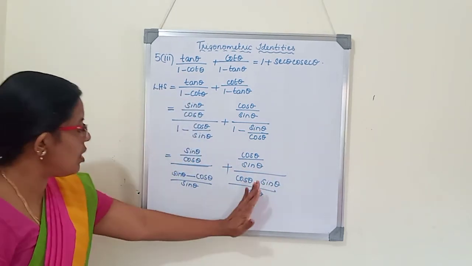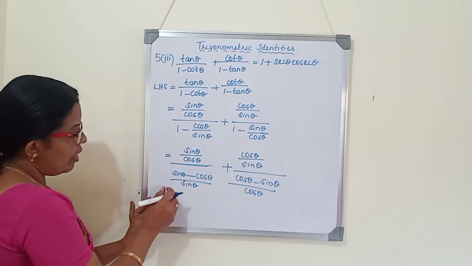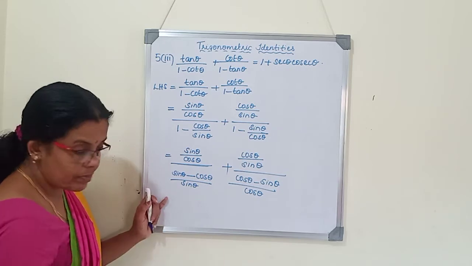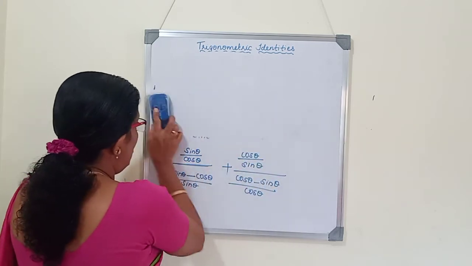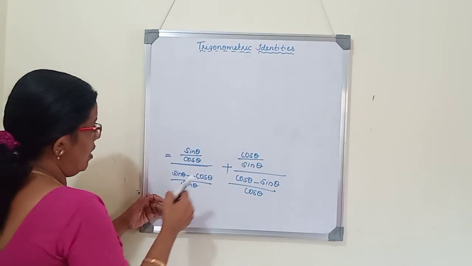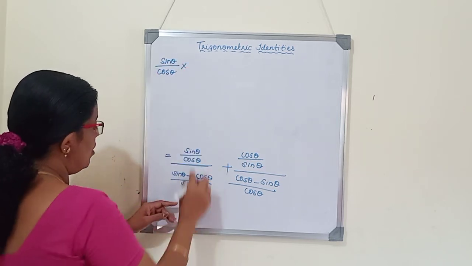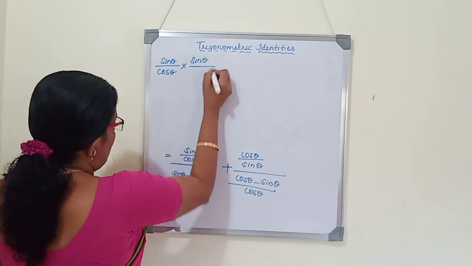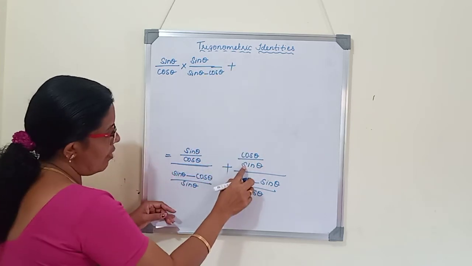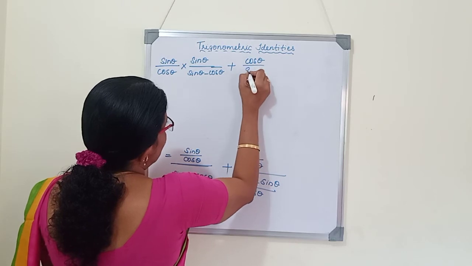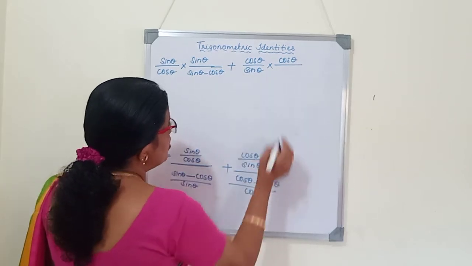See, we have got two terms. Here itself a fraction by another fraction. Again here also a fraction by another fraction. Now we will take the reciprocal for both the terms. Now when we take the reciprocal here, sine theta by cos theta into reciprocal is sine theta by sine theta minus cos theta. This is the first term, plus same way cos theta by sine theta into cos theta by cos theta minus sine theta.